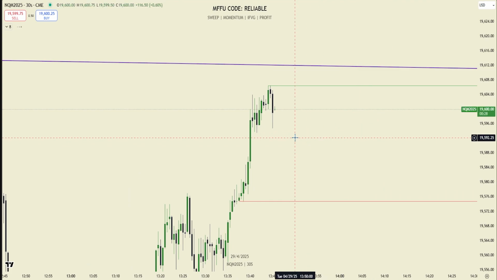So would you get a buffer at MFFU, or as soon as you get 12? I used to just take the payouts whenever I could, but now I'm building a buffer at MFFU. Although I don't think MFFU is the right firm to be doing that with. Honestly, if you want to look for a firm where you can get good, high payouts, I would look at Top Step or Apex.